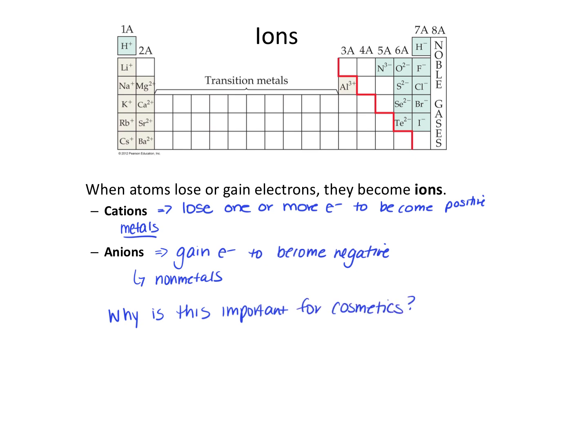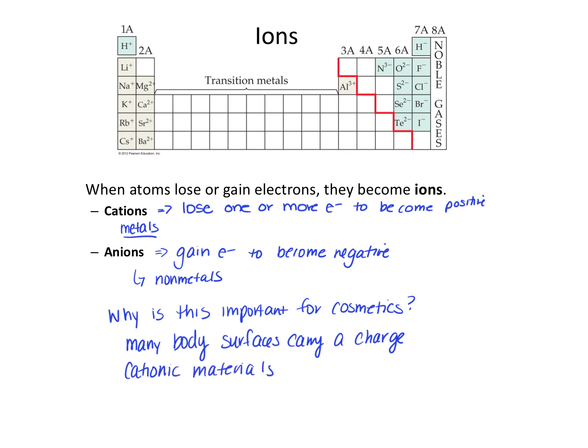Okay, so a lot of this is background chemistry. We have to build a foundation before we can apply it to cosmetics. But here, this idea of cations and anions is quite important for cosmetics because many of our body surfaces carry a charge. Right? Specifically, cationic materials are attracted to body surfaces,